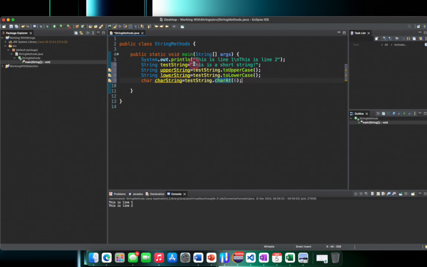So when we print this out, it should be 0, 1, 2, 3, 4, 5, 6. So I'm expecting it to give me that S. Okay,